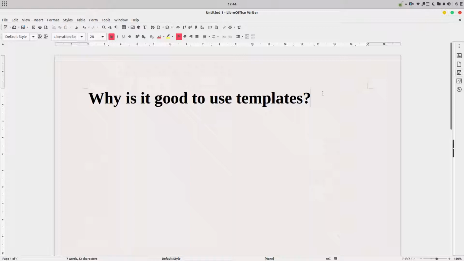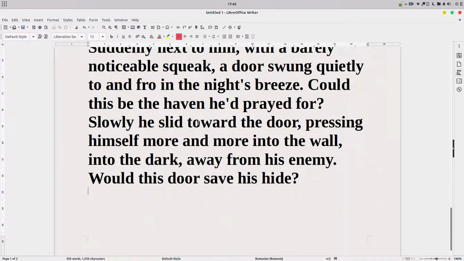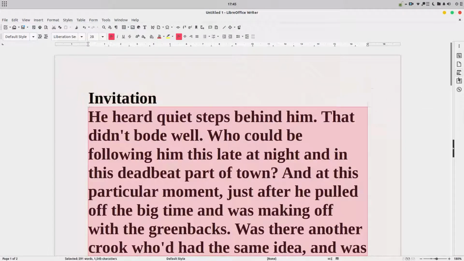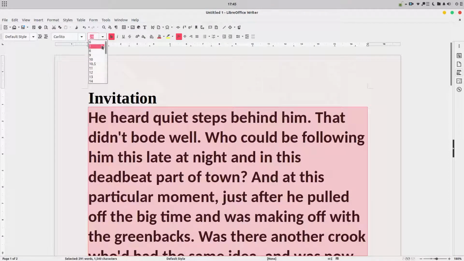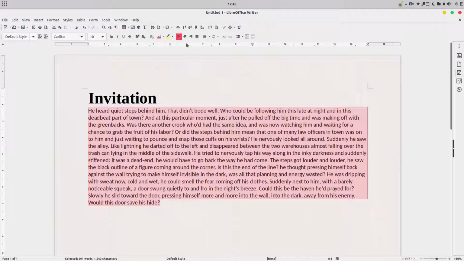Today we want to talk about why it is good to use templates. So to learn about this, let's create an invitation. Let's write the title. Let's write the text. We have the text. We want to change the size here. Let's change the font. Let's change the font size, unbold,